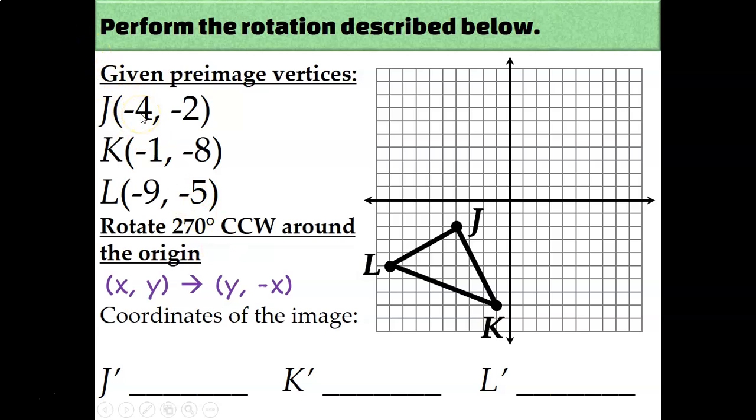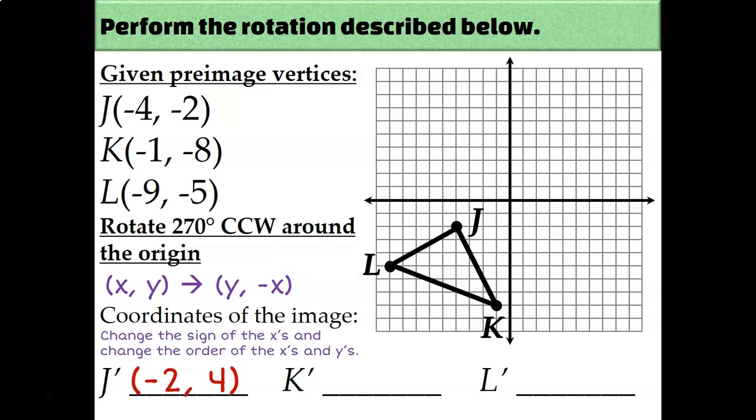So I'll make my x value negative. It already is negative, so that's a negative negative, so it's a positive. And I'll switch around the order. So J prime becomes (-2, 4). Change the sign of the x value of K and switch the order, and I get the point (-8, 1). And again, change the sign of the x value of L and change the order, and I get the